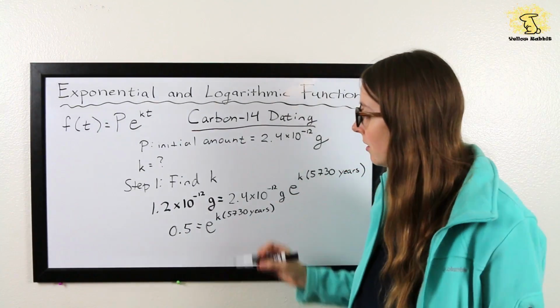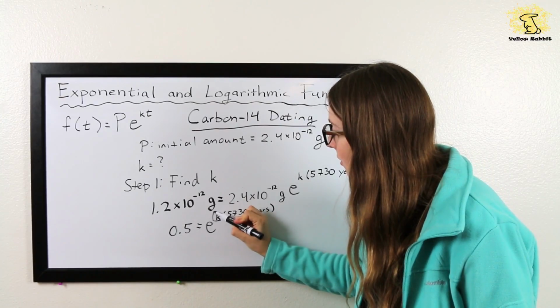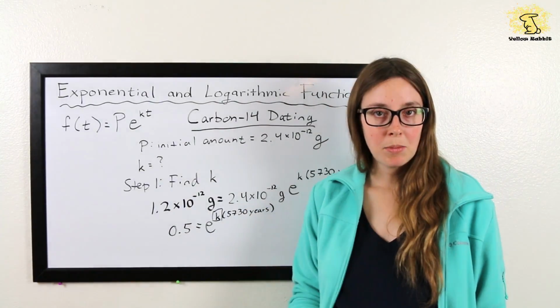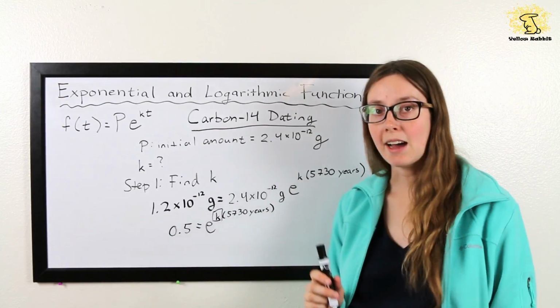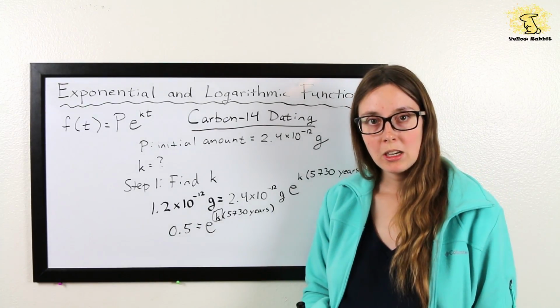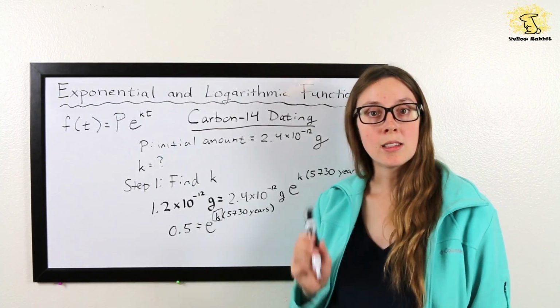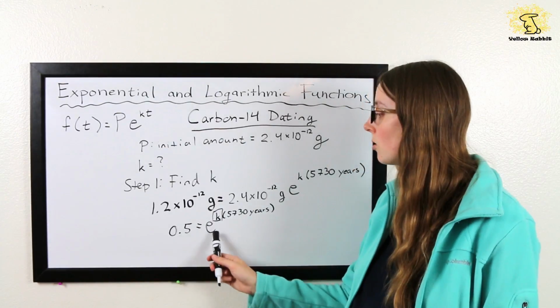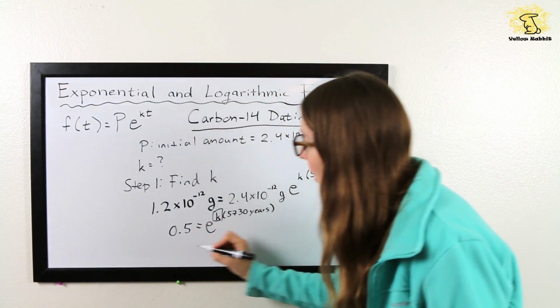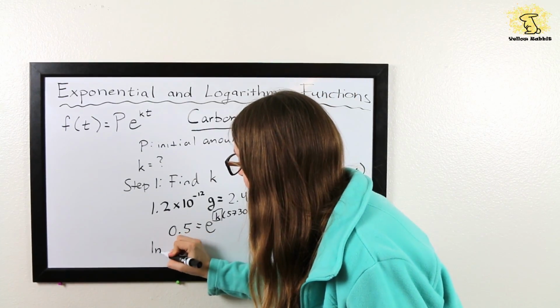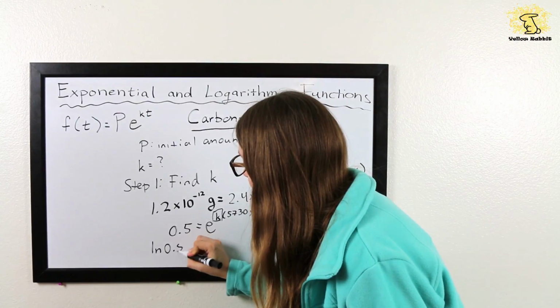What do we do when our unknown, the thing we want to solve, is stuck up in an exponent? I need to use a mathematical trick here to get it down. And if you're not quite familiar with this trick, be sure to check out the supplemental information for some rules of working with exponential and logarithmic functions. But what I'm going to do is take the natural log